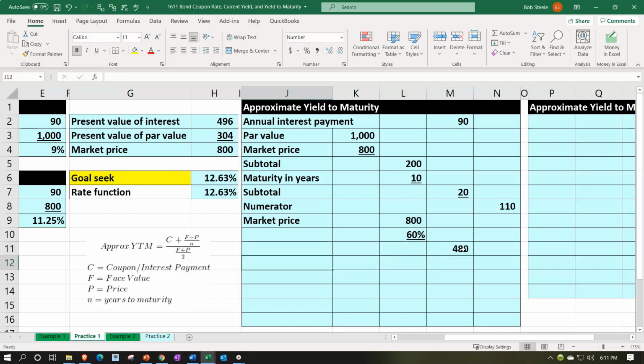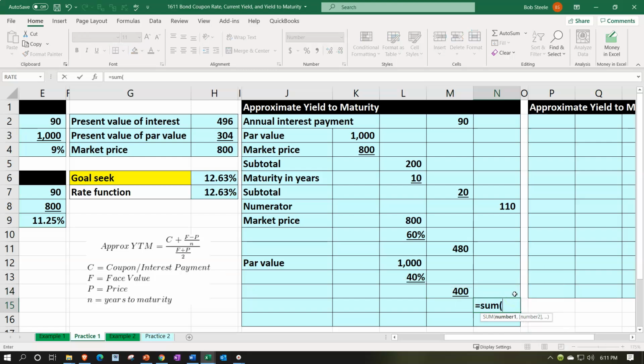And then we're going to take the par value, so I'm going to say this is equal to the par value, and that's going to be the 1000, and we're going to multiply that times 0.4, so it adds up to 100%. I'm going to make that a percent. Numbers group, percentifying that. Then we're going to go to the font group and underline, multiply that out, 1000 times the 0.4, and then we'll take those two and we'll add them up. So I'm going to say font group and underline, pull that to the outer column, equals the SUM, and sum that up, and that's going to give us our